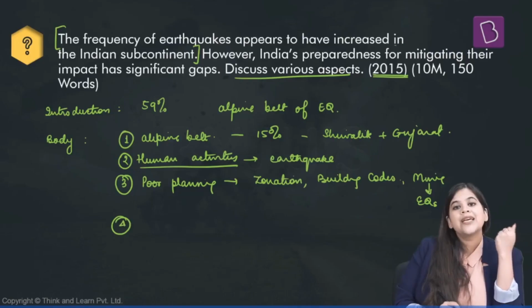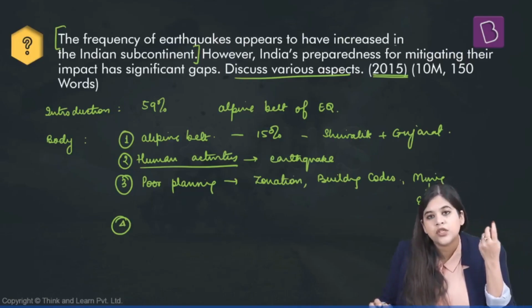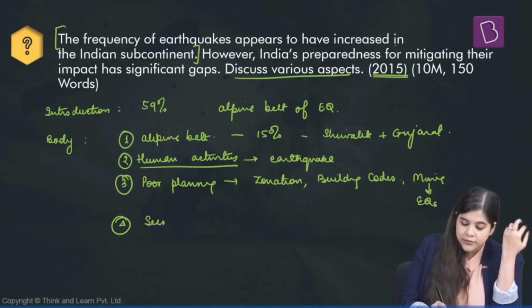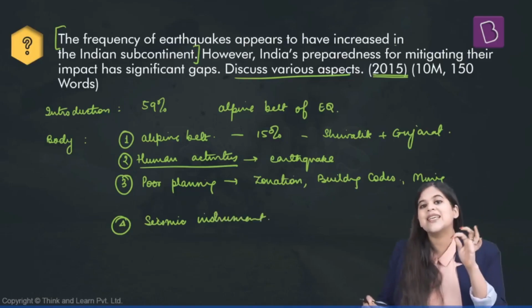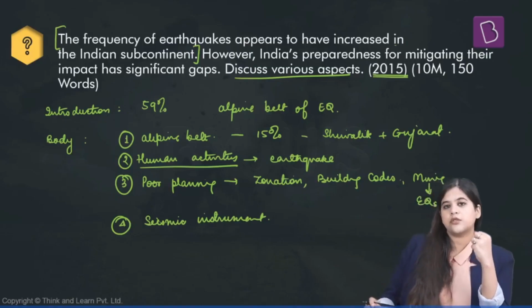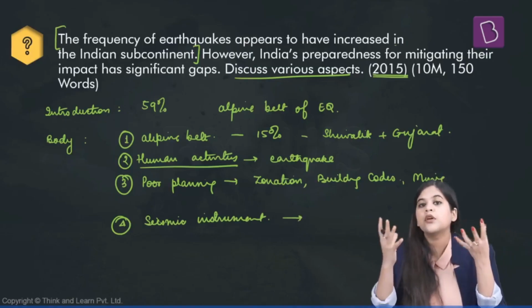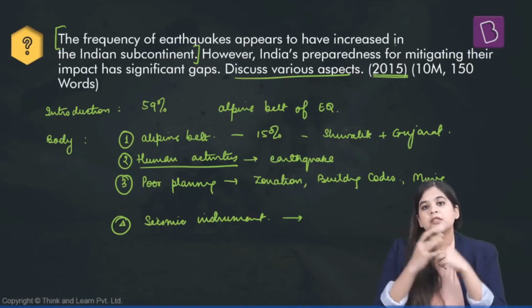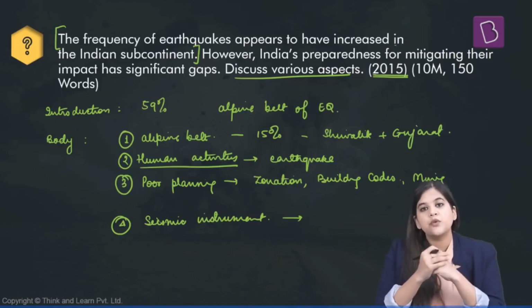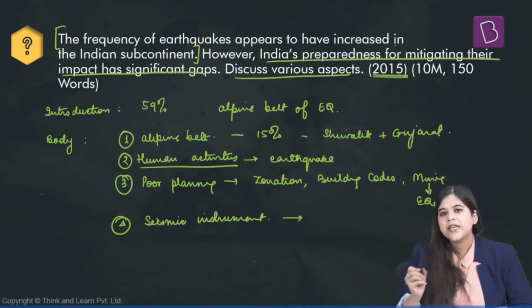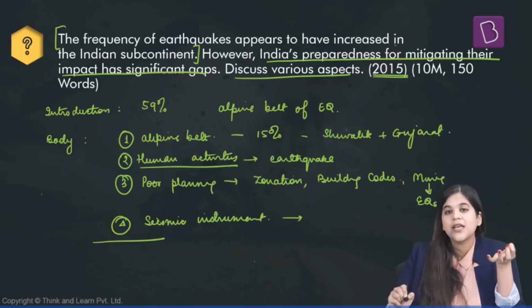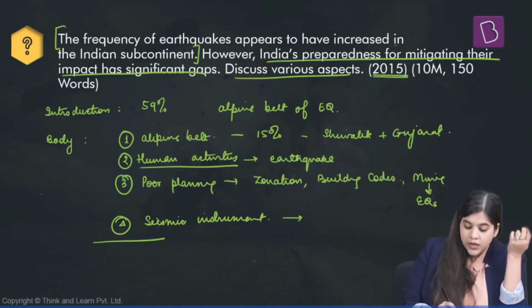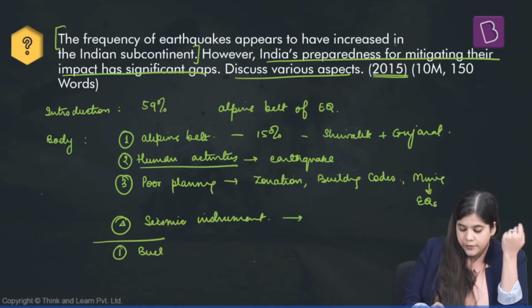Finally, you can mention that with the improvement in technology, we have a lot of seismic instruments that are very sensitive towards trembling of the earth's surface, and that's why more and more earthquakes are being recorded since the past few years or the past few decades. In the second part of the answer, you need to talk about the gaps in India's preparedness for mitigating the impacts of earthquakes. You can talk about first the building codes,